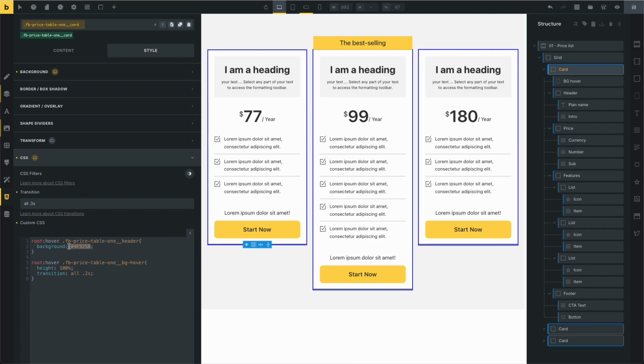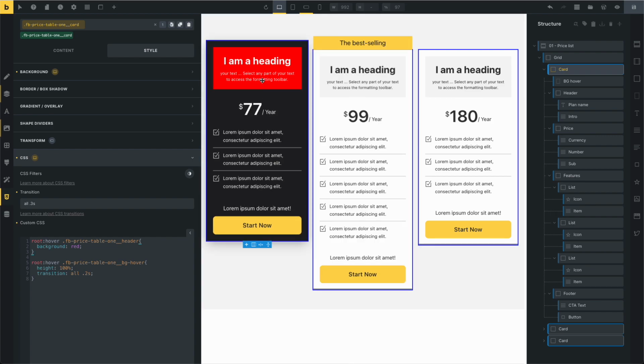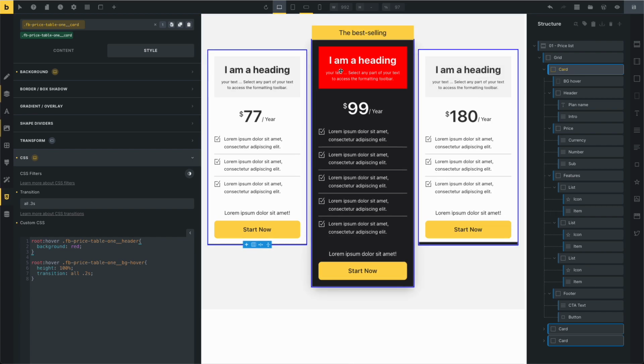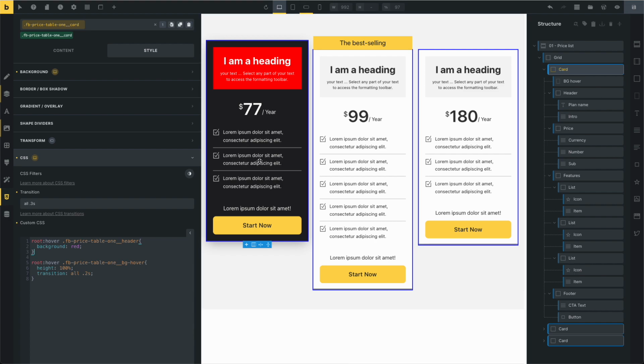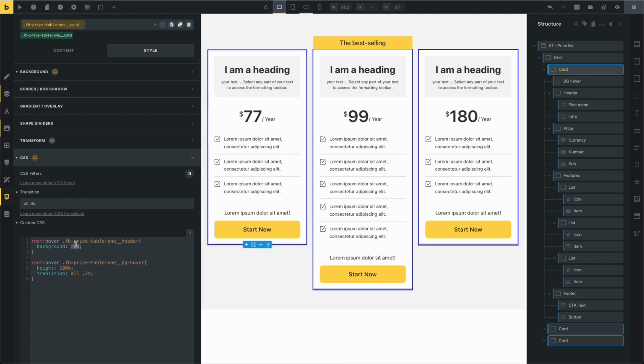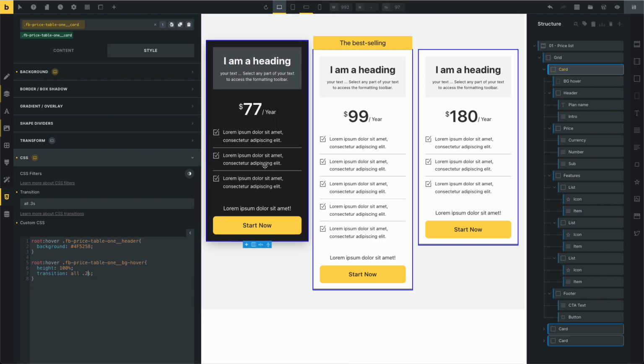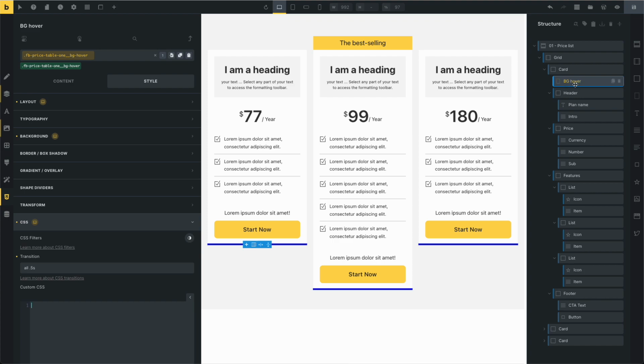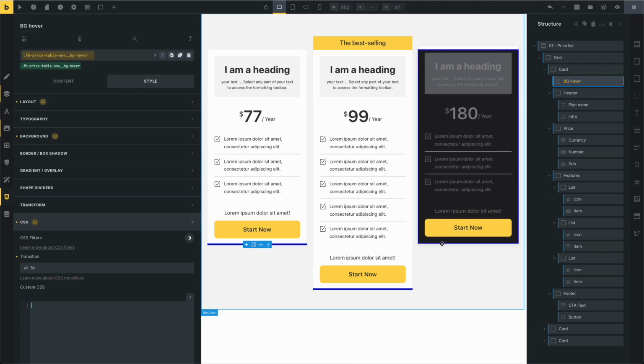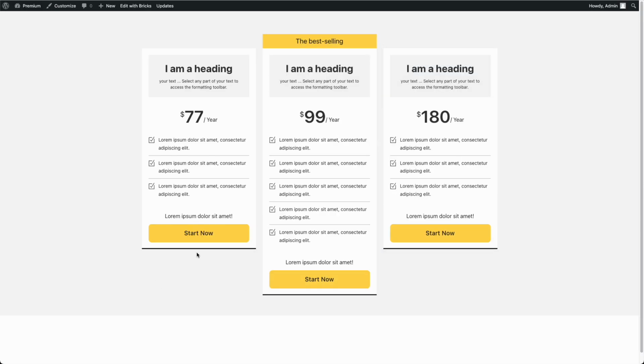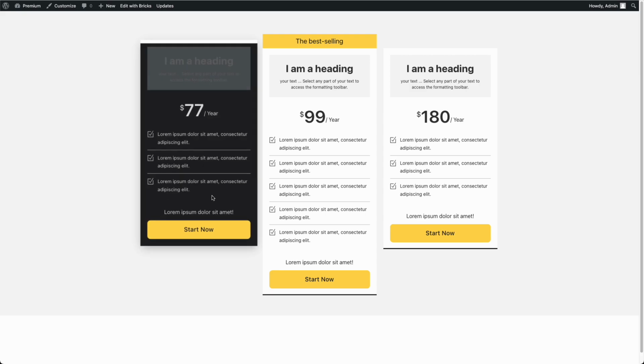For example, you can change this, and now the background changes on this header of the card. You can also change the transition, the speed of the transition. In the card you can see this is the background hover. This is the background hover on the button, this color. On the button this is a line down the line black, but on hover